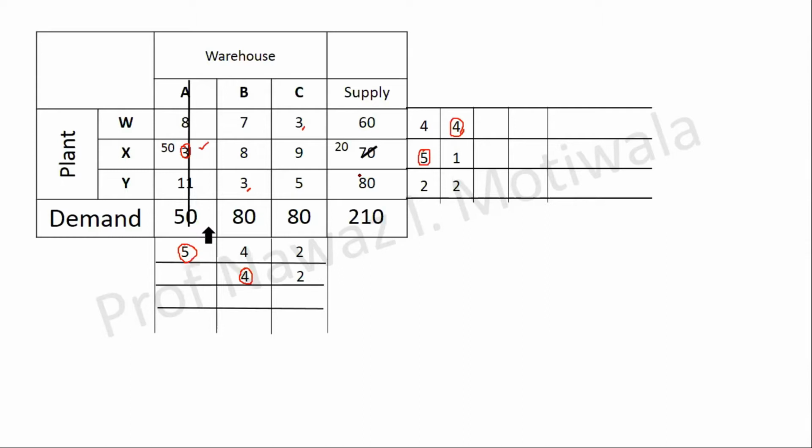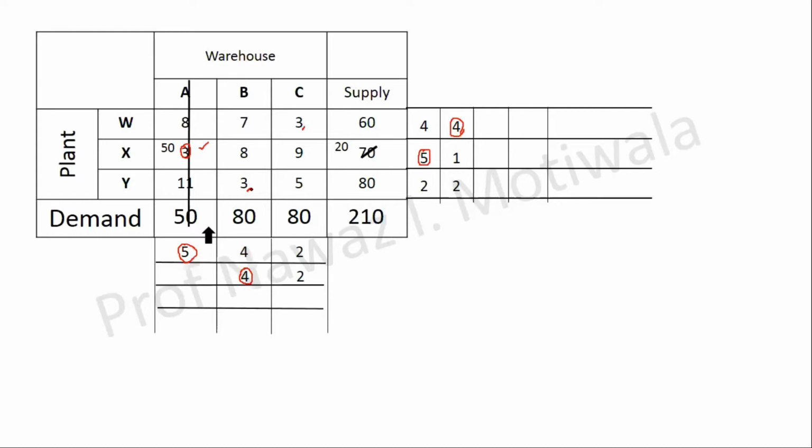So if both are coinciding, then what is our next step? We have to check at which place we can allot the maximum. Look here, it is 60 and 80. How much can I allot here? If I choose this row, I can allot 60 here because the minimum of 60 and 80 will be 60. And what about this part? Here it is 80 and 80, so I can allot 80 here. So this is the place where the allocation needs to be done because I can allocate the maximum at this particular place.